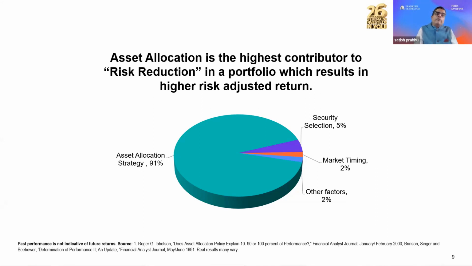You'll still have people putting all their money in, say, a bank fixed deposit. Why do they do that? Because it carries lesser risk, because the returns don't fluctuate. They provide you the returns that are stated. Equity doesn't do that. Equity fluctuates, and that is the risk that is involved.